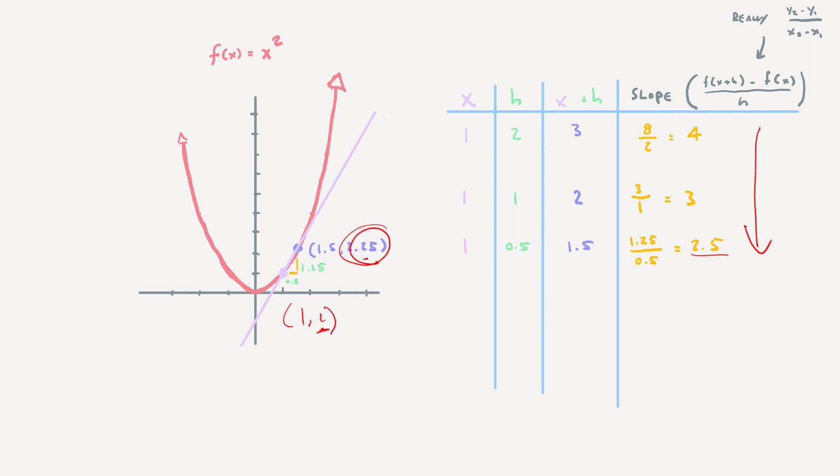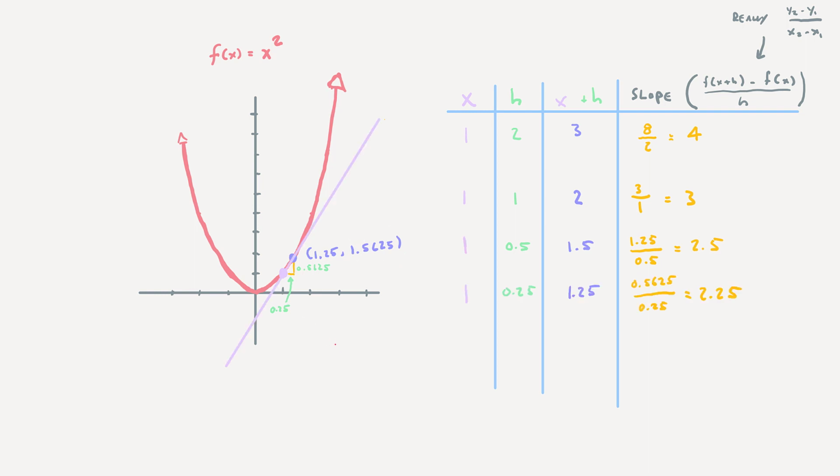All right, now let's move it even closer. So here I'm at the X coordinate 1.25, which means that H, we'll see here, is going to be 0.25. Y2, 1.5625 minus Y1 is going to just be 0.5625, and if we do that division, we get 2.25. And I think I moved it even closer. Yeah, I did 0.1. So the distance, I'm at 1 to 1.1, so our denominator is 0.1, and then 1.21,